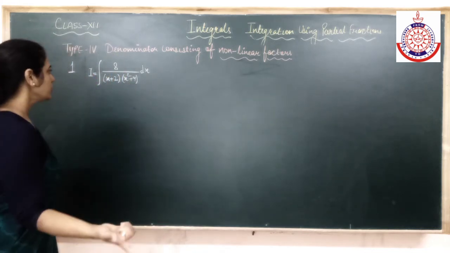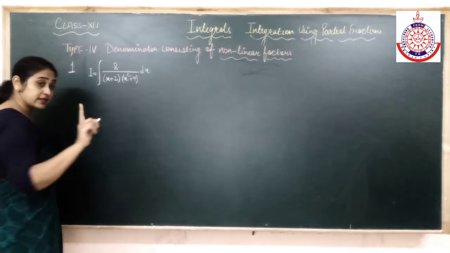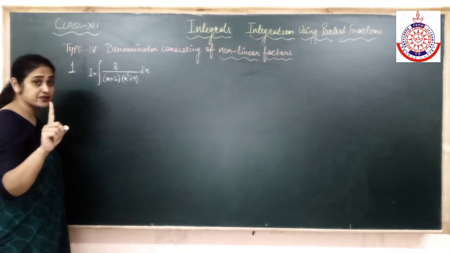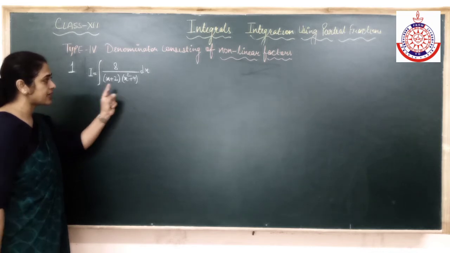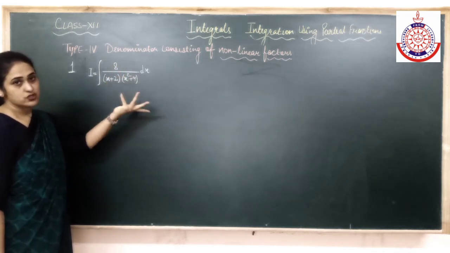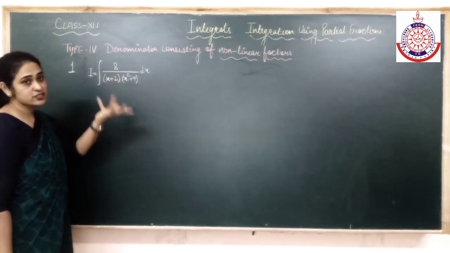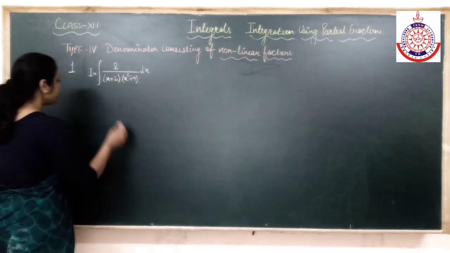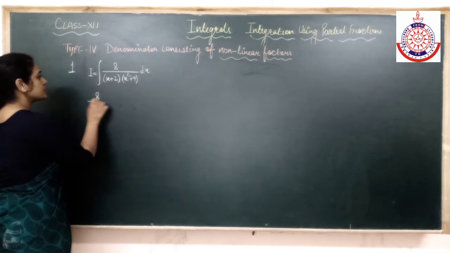So now what is the rule? You know the rule. I'll just pick up. Can we apply partial fraction? That is the first question, children. I need not tell you time and again. The degree of the denominator is 3, so it is more than the degree of the numerator. So we can apply partial fraction. So for that, just pick up this portion.